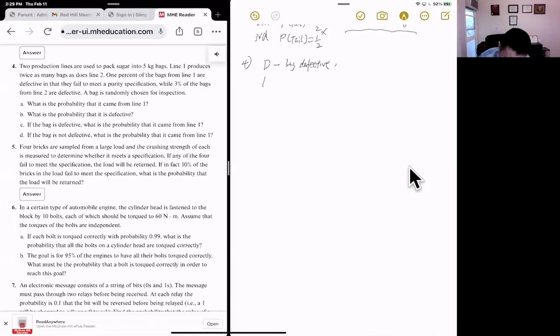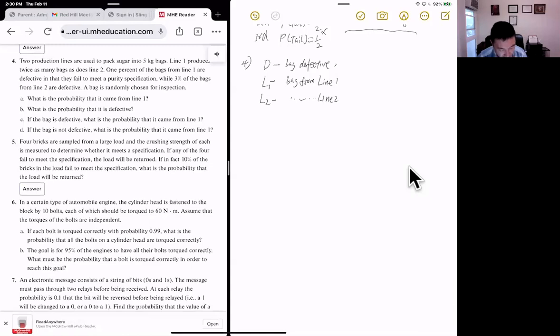And let's define L1 as a bag from line 1, and L2 as a bag from line 2. And then the question tells us